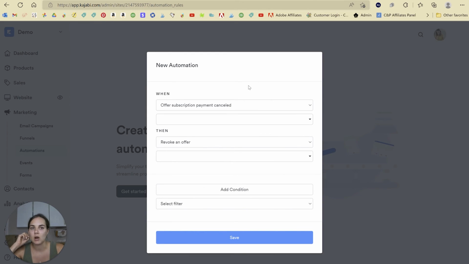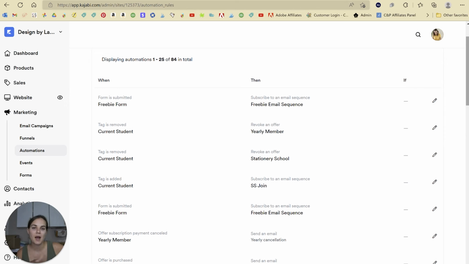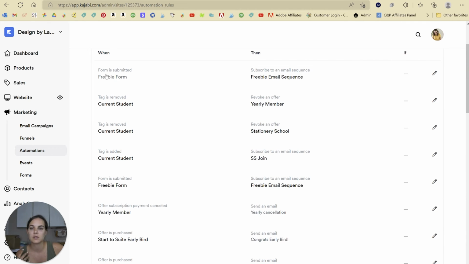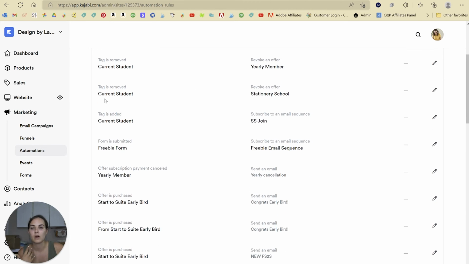But the automations are how you can take all of those things and really truly make them work together. Okay, so this is back in my live account, and I'm going to show you a couple of the automations that I have. When this freebie form is submitted, they're subscribed to the freebie email sequence. That makes sense. When I remove the tag current student, that's when I revoke their offer,